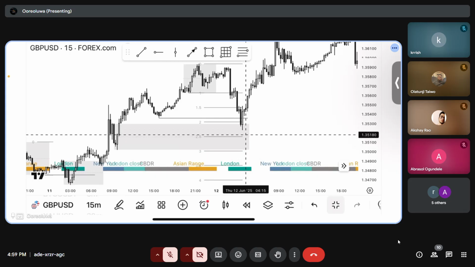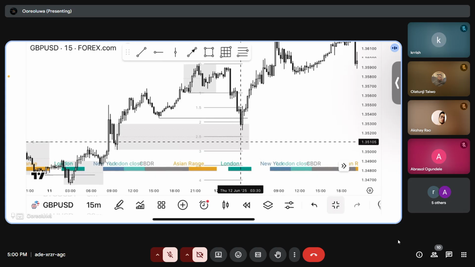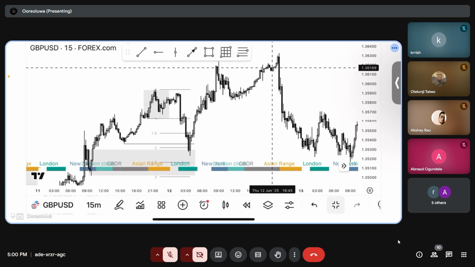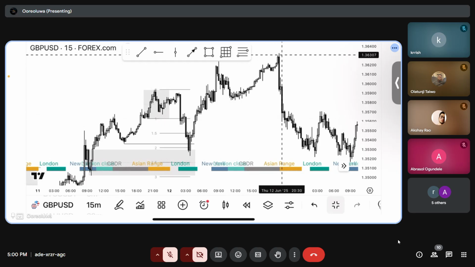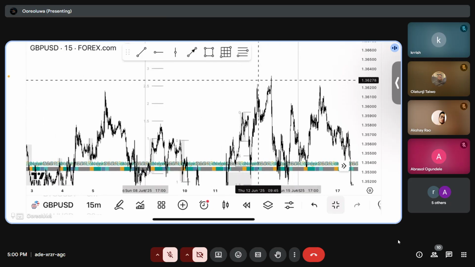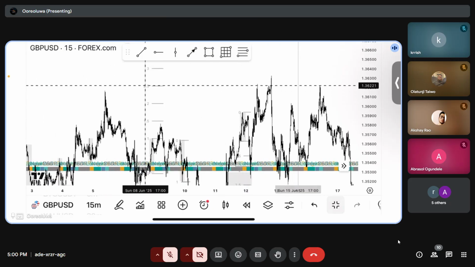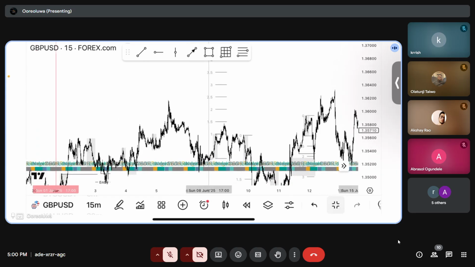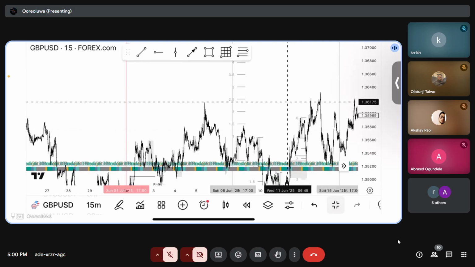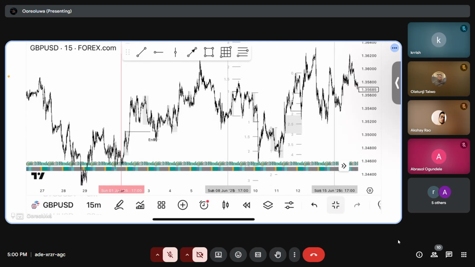Then 2.5, or the middle point of 2.5, is your stop loss level. Then you ride the wave of Thursday, and Thursday closed here, right? So Thursday hit your point. You can also see 2.5 is in alignment. This high is also in alignment with this high, which formed the high of the week. So 2.5 formed the high of the week.